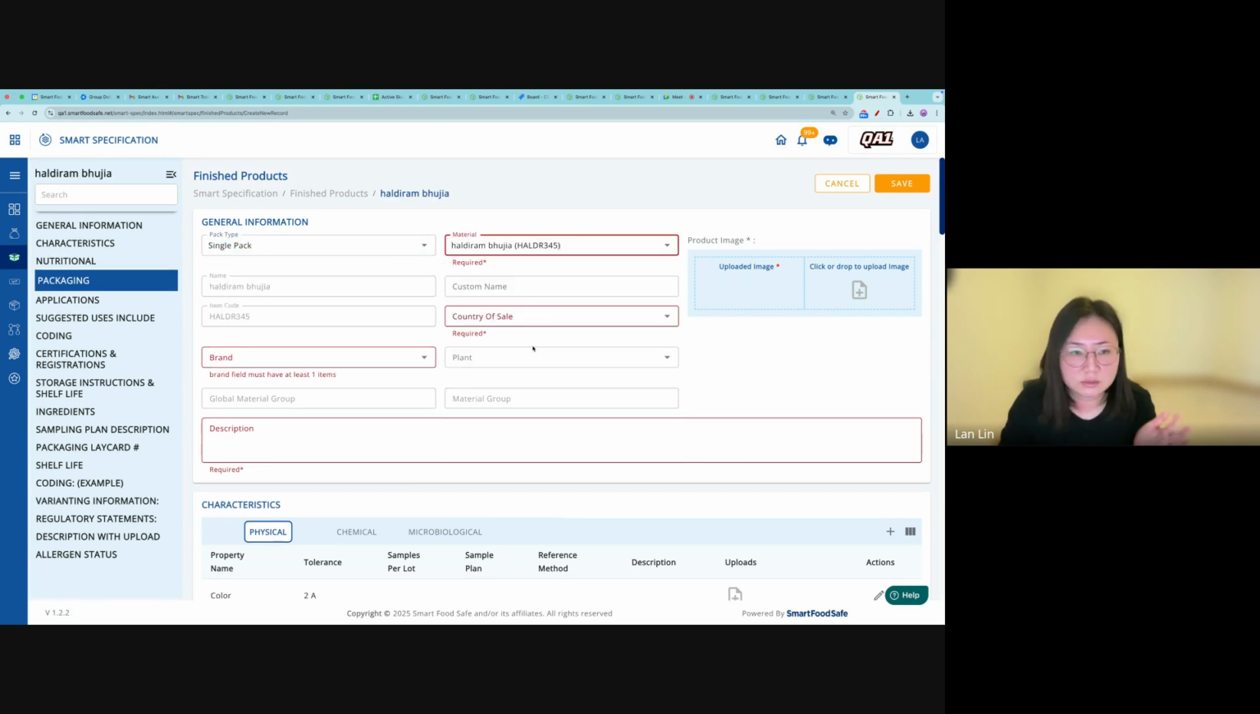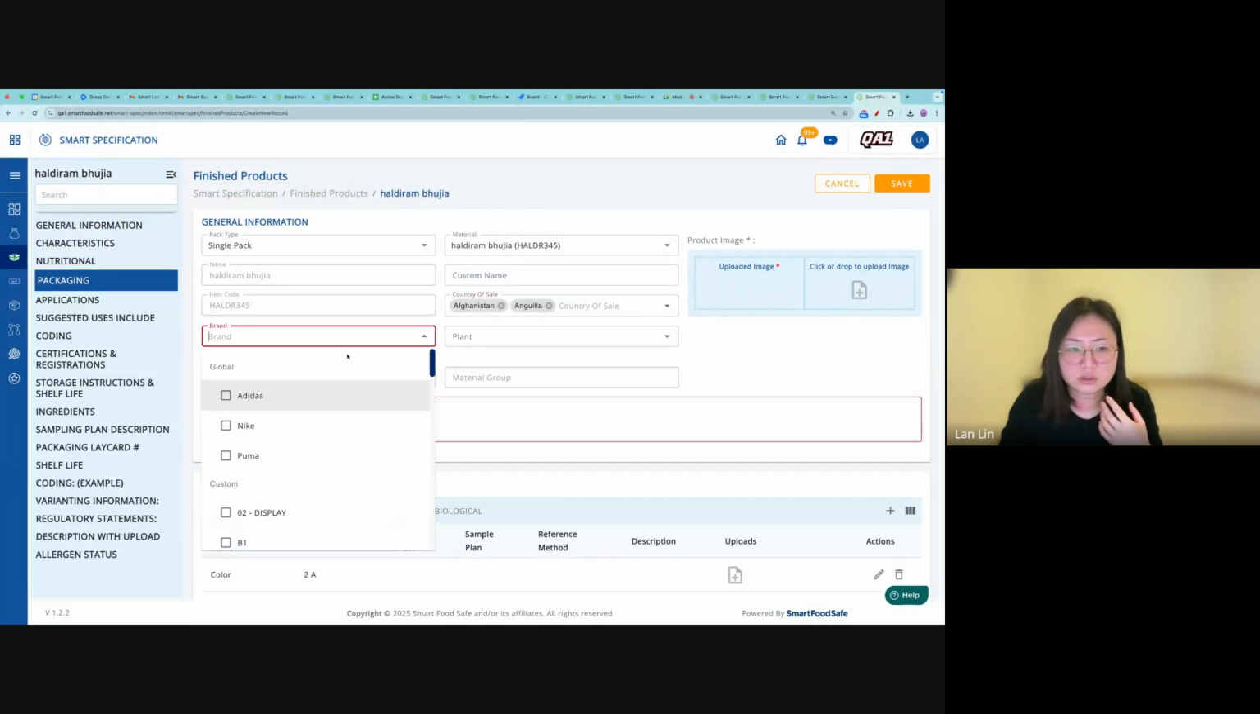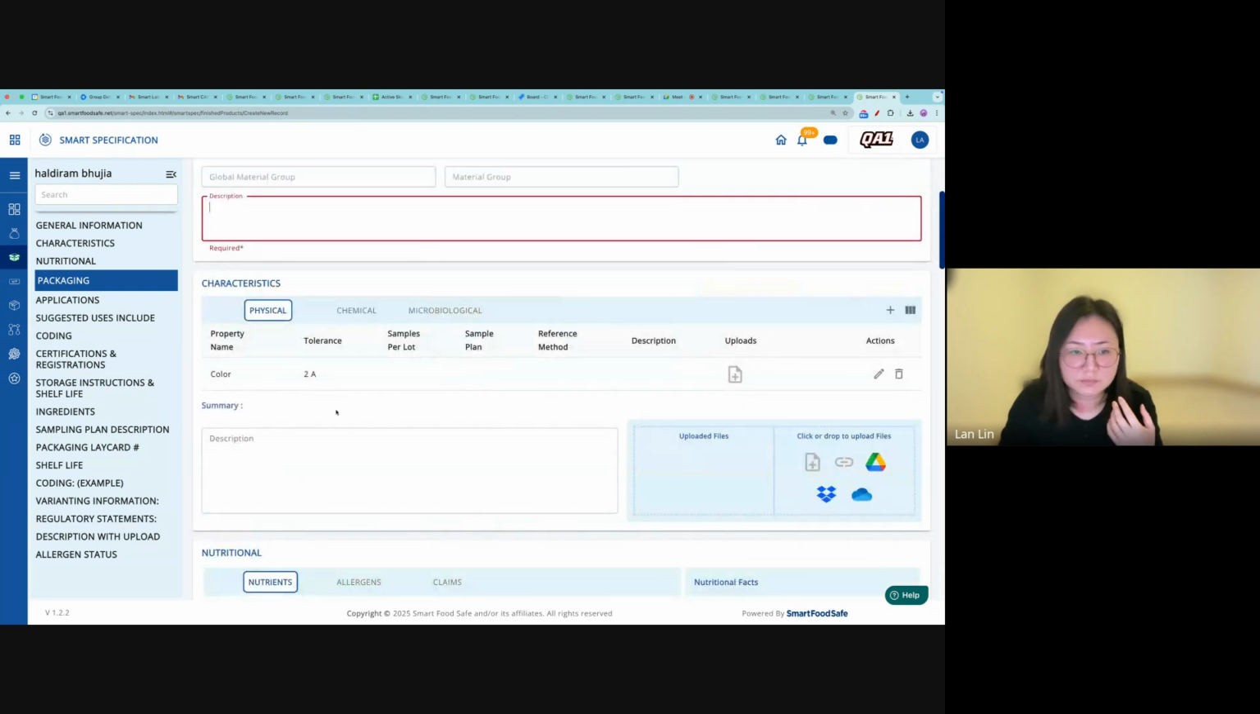I'll select some random stuff. The name and item code are grayed out because they're coming from Smart IEM. If you want to make a change, you can't change it here. You have to go to Smart IEM. Give a custom name, the country of sale, and the brands. You just select as needed. And in the characteristics section, that's where you're going to list all your physical, chemical, microbiological properties